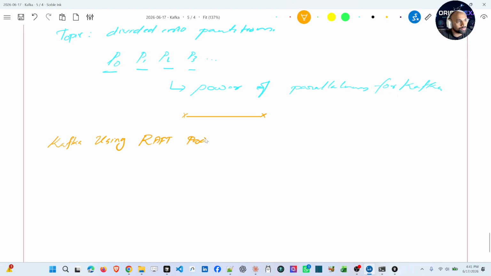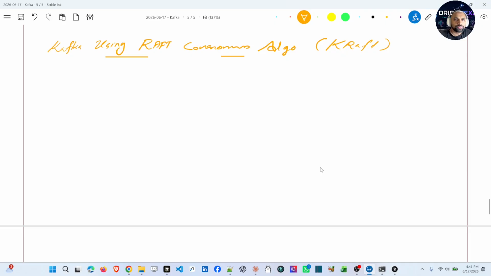You can say it is a consensus algorithm, called Raft. What it is doing, instead of Zookeeper, earlier we had Zookeeper coordinator services for the Kafka services.